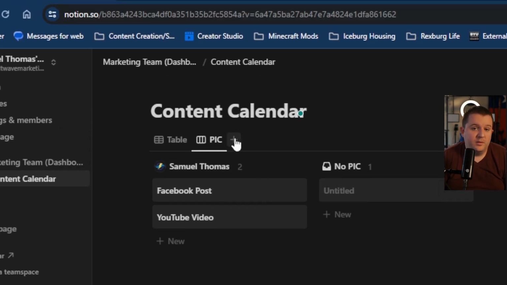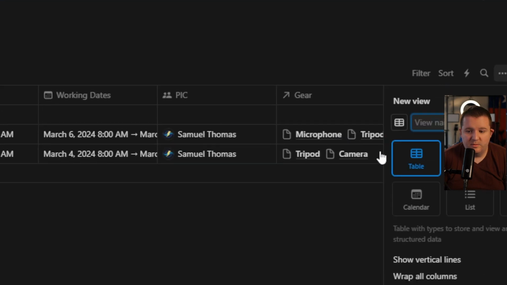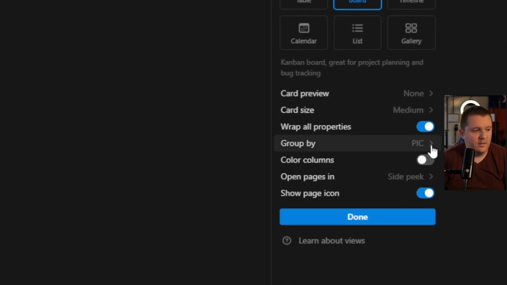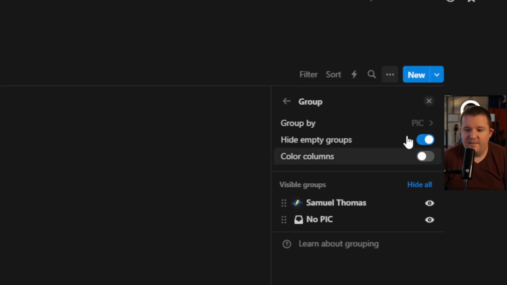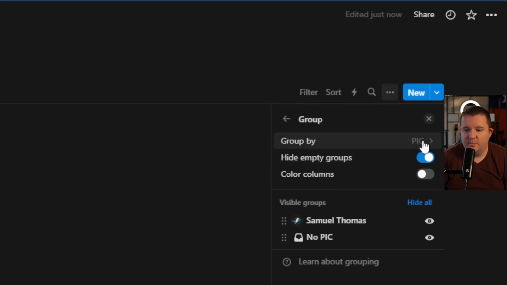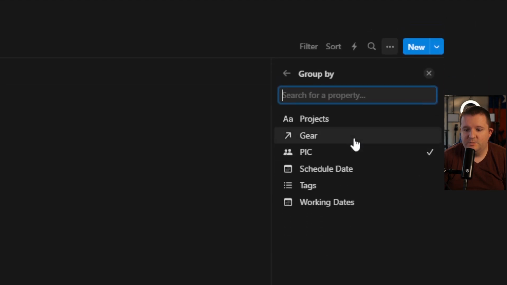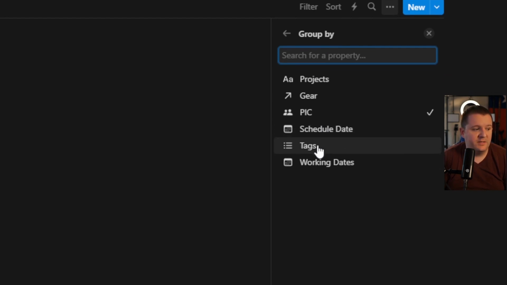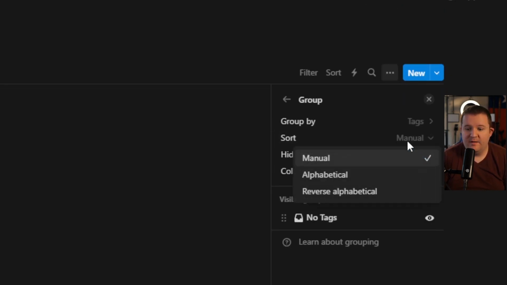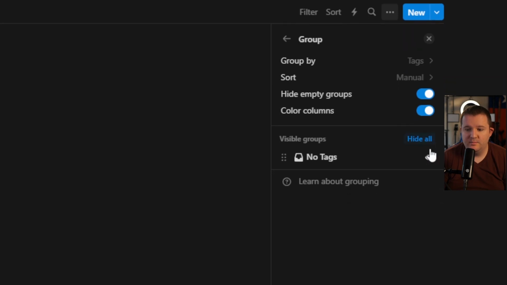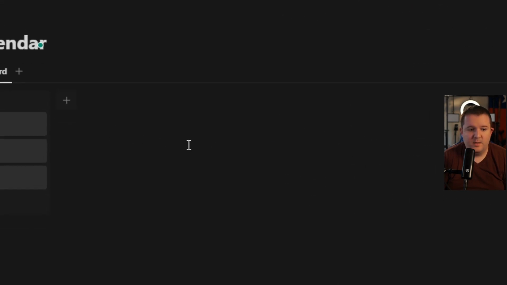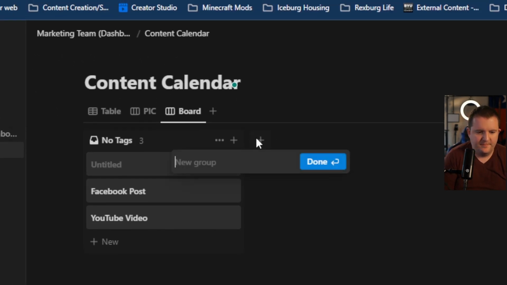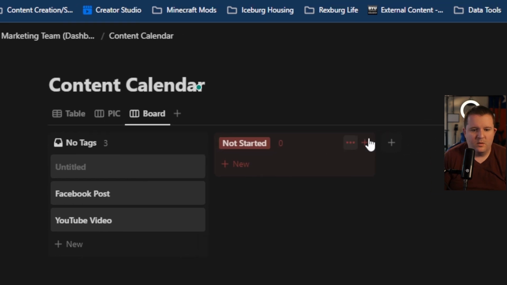Now, maybe you don't want that. Maybe you want something else. So you want a different Kanban board style. What you can do is, after you've created your board, you can come over here, group by. And then what we can do is we can click group by, and we can choose which property to go by. So we can do, for example, tags, and we can have a manual sort, color columns, and there we go. Now what we can do is, with our tags, we can add new tags like not started, or we can add